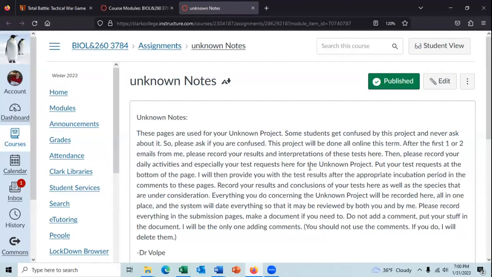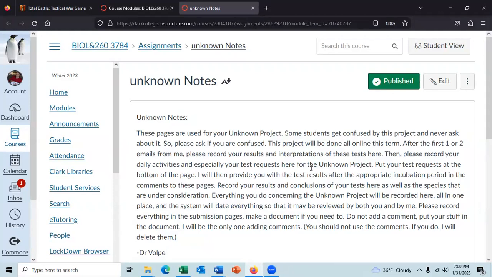Okay. There are some things that the unknown notes page does not have to have and your unknown report has to have. And I'll talk about those when I talk about the unknown report. Like you have to have a table in there talking about how you found your species and why you think it's that one species you think it is.